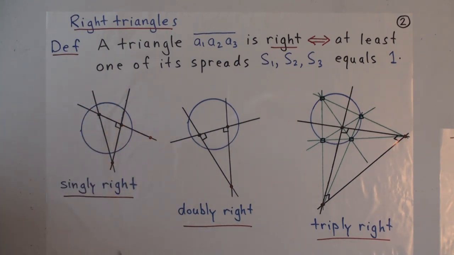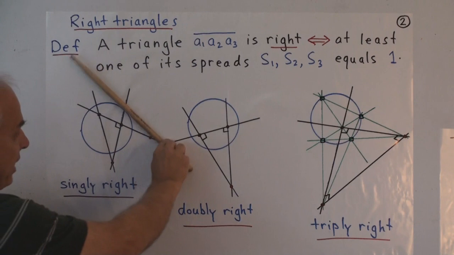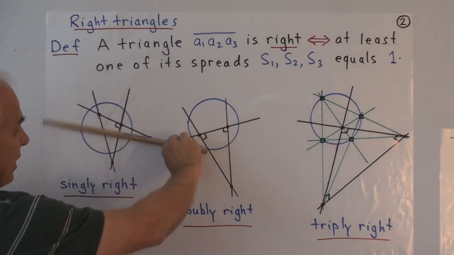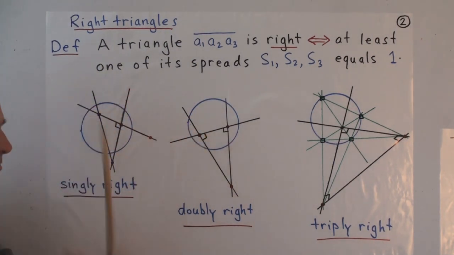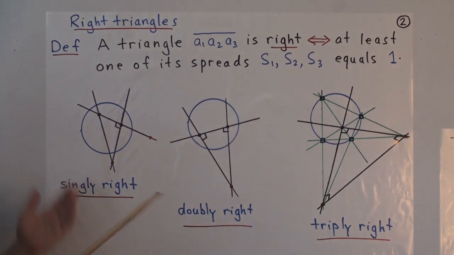I remind you that what that means geometrically is if you take, say, this line here and you look at its dual, then any line through that dual, say that one there, will be perpendicular to the line we start with. So any one of these lines is perpendicular to that one. That's what perpendicularity amounts to in this hyperbolic projective setting. So that's an example of a triangle which is singly right. There's just one perpendicular vertex there.